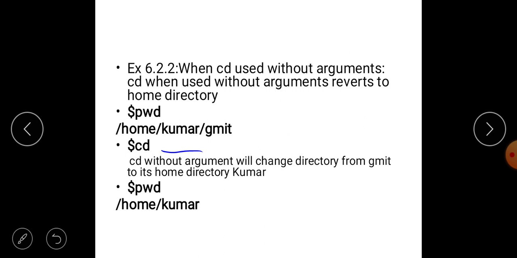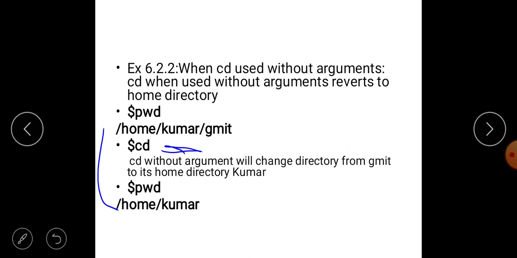Now suppose we are not using any argument here. We just give cd and press the enter key. What will happen? cd without an argument will change directly from gmit to its home directory. It will go back to the home directory, so from /home/Kumar/gmit it will go to /home/Kumar. That's it. The reverse process will happen when we are not using any arguments.